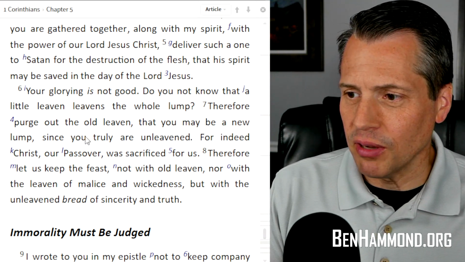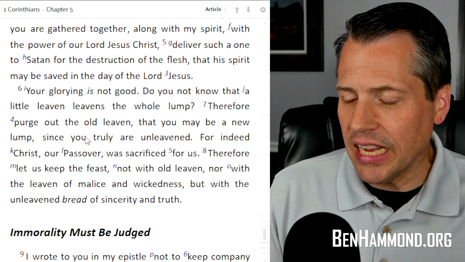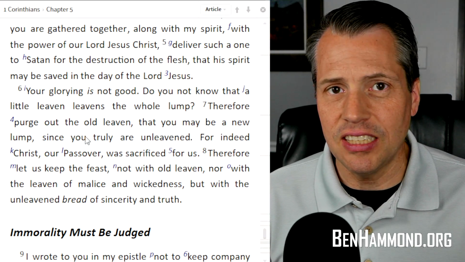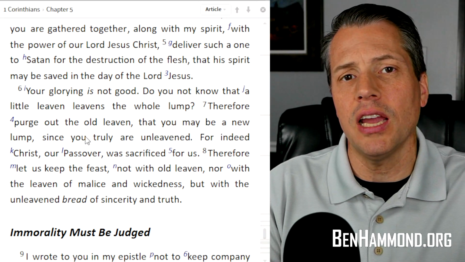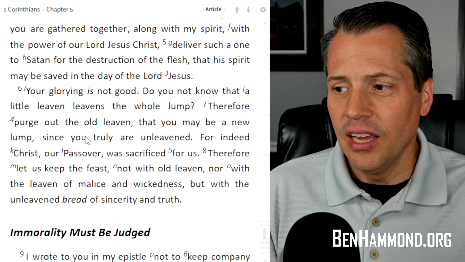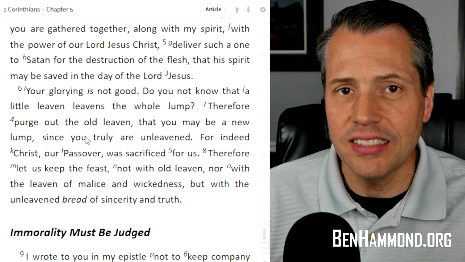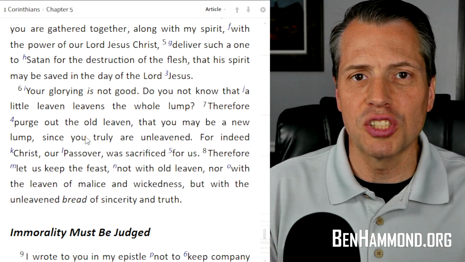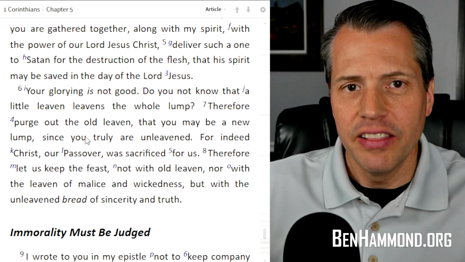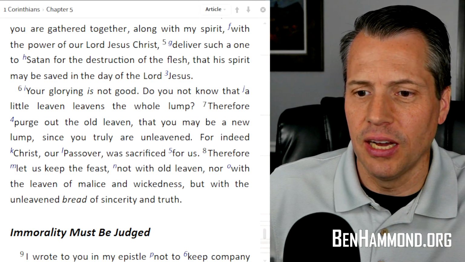In this situation, it was a man apparently having an affair with his stepmom. But in our society today, it's teen pregnancy, it's homosexuality, it's things like that. And people are like, oh, well, that's okay. You know, congratulations, that's a wonderful thing. And we need to step up and say, no, this is not a good thing. This is wrong. It's terrible. And when we don't stand up, we are spreading the leaven. We're spreading the yeast that this is okay. That's why we need to stand up and speak about things that are wrong and tell people where it's wrong. So that's the first word picture that we have of false teaching that can come into our assembly, that can come into our church.